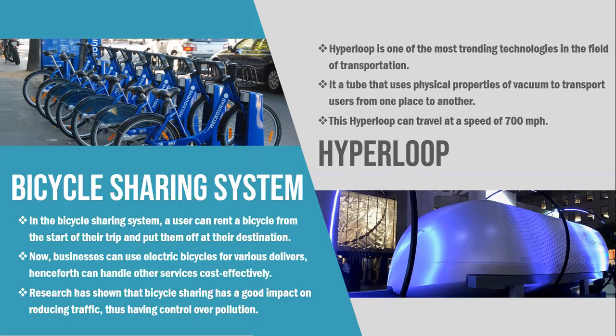Okay, and last but not least is hyperloop. Okay, hyperloop is just like LRT. Okay, but they want to beat Japan. They want to compete with Japan. Japan can do a Shinkansen, that is a bullet train at 400 kilometer per hour, but they want to do a hyperloop train that is 700